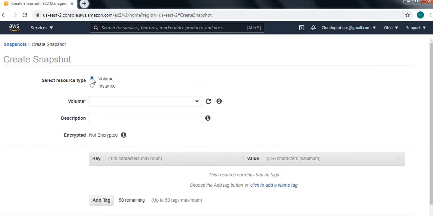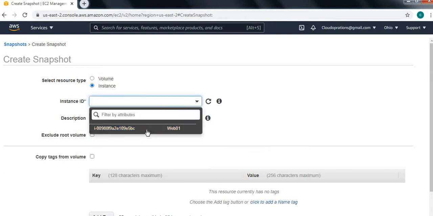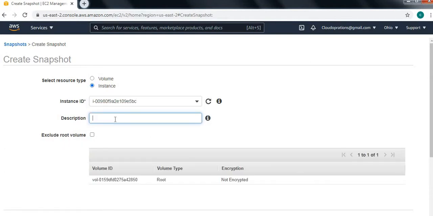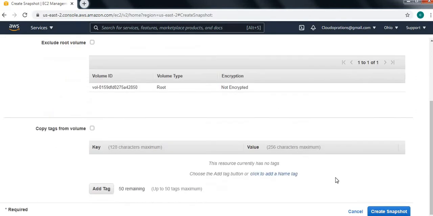Here is the volume. In earlier videos I showed you the volume. Now this is the instance. Select your instance and give the description. I'm giving today's date, Feb 2021.